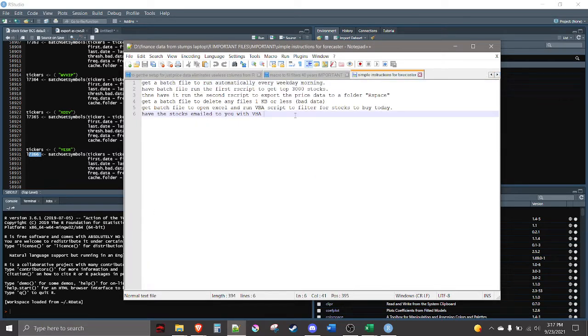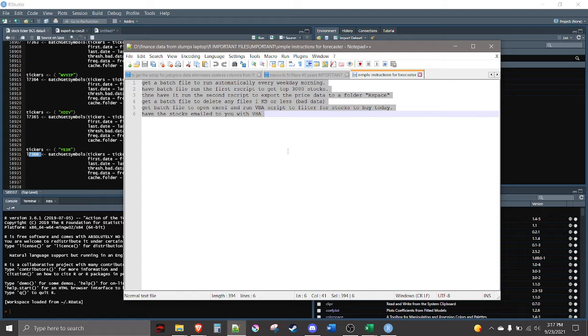But basically, once you get a good strategy, this is what you have left to do. Let's say you find the miracle strategy that I couldn't find, and I tried everything I could think of to find a good strategy that would be reliable to day trade or short-term trade, swing trade, whatever. You would just set it up to do all this stuff automatically every single day. You just wake up, open up your computer, or have it set to run a program at a certain time, and it would